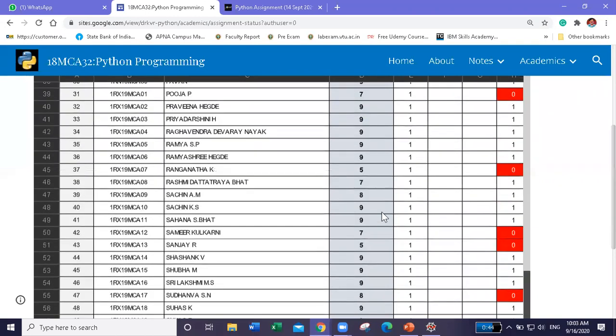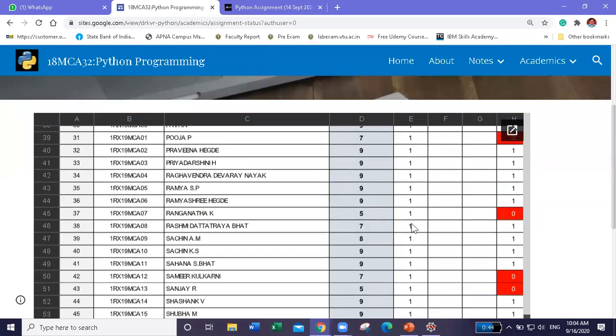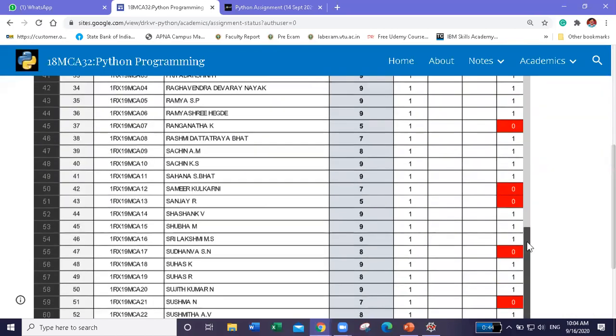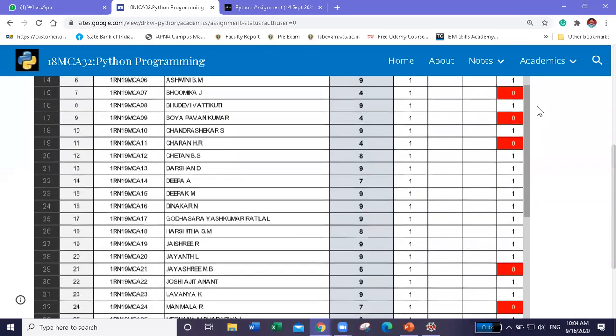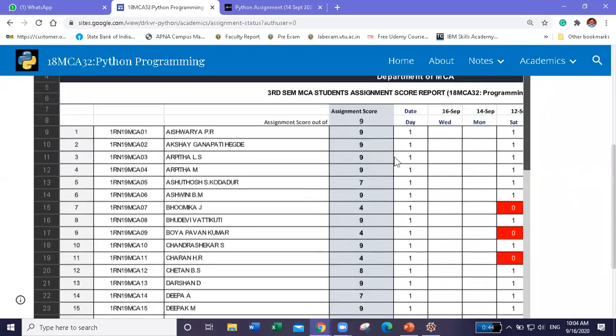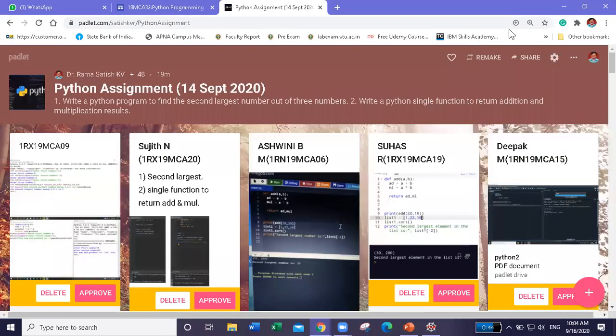Some students missed assignments. But if you want those missed marks, you can certainly get them. You have to submit and inform me, because I have to record it manually. The automated system will not recognize it. Out of 9, some students have scored 9 out of 9. Some have scored 3, 4, 5, 8, 7 because they have not submitted. Some missed some assignments. So it is very important to have all these things.